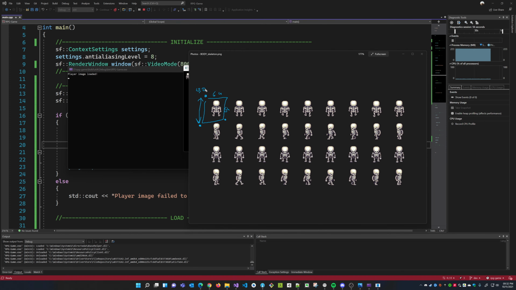Well, if this is 0, and I'm going 64 pixels down, the x-axis didn't change. I didn't move to the right. I'm only moving up and down. So if the x-axis is 0, then it will still be 0. We didn't change the x-axis. However, we moved down 64 pixels, because this entire height is 64.